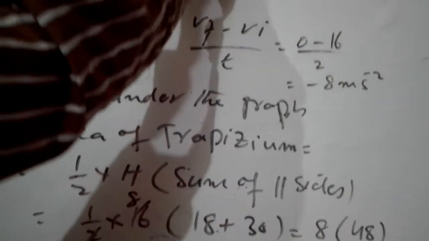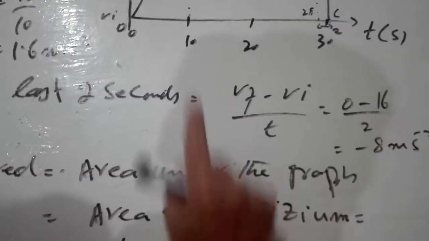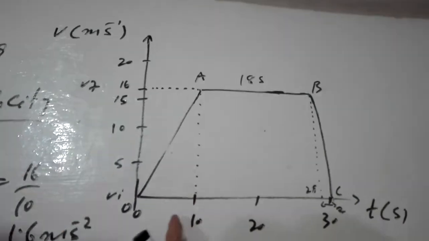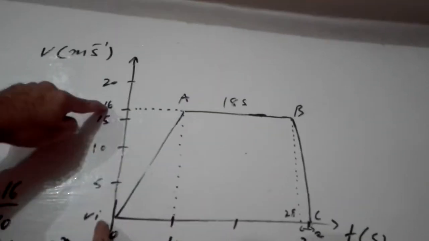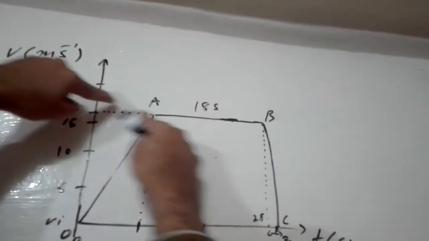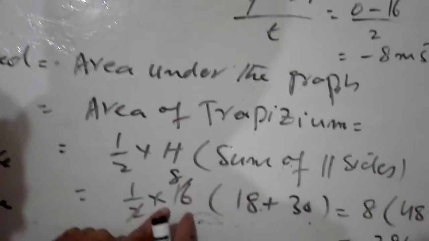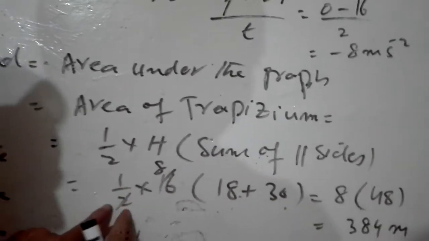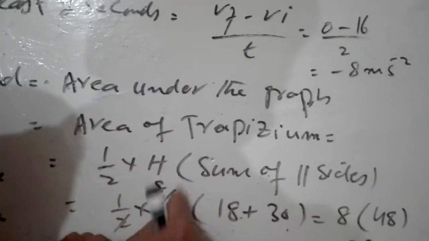Now come to the figure again. Look, where is the height? Height is the perpendicular distance. Clearly the height is 16, from this till here, from this till here, from this till here. So the perpendicular height is 16. So I have placed the value 16 in place of height. 1 by 2 as it is written in the formula, multiplied sign, height is 16.